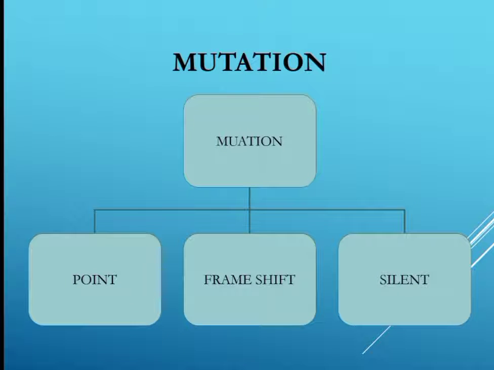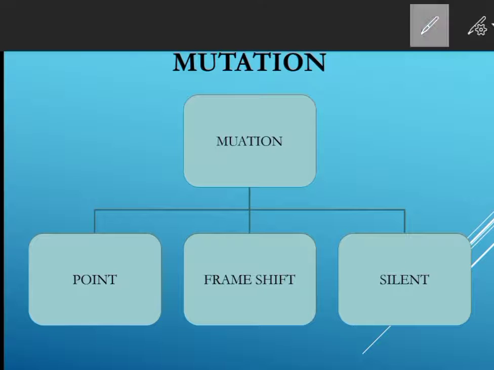So children, now let us study about mutation. The sudden inheritable change in the genetic material is defined as mutation. Sudden, immediate, okay. Inheritable means they are transmitted from parents to their offspring. So the sudden changes which can be transmitted from parents to their offspring in the genetic material is called a mutation. And it is of different types like point mutation,